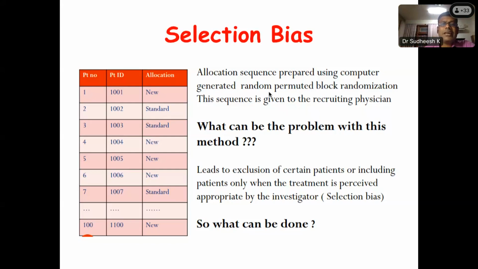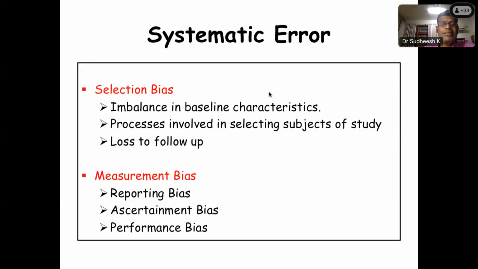So this is known as allocation concealment. Basically, this prevents a lot of selection errors as well as the bias caused by inappropriate patient selection. Apart from that, whenever you do a study, there are so many other systematic errors that can crop up